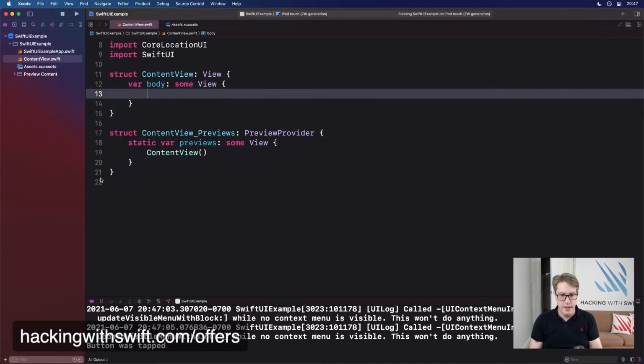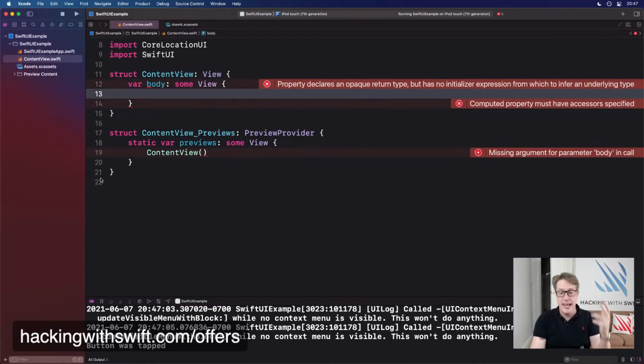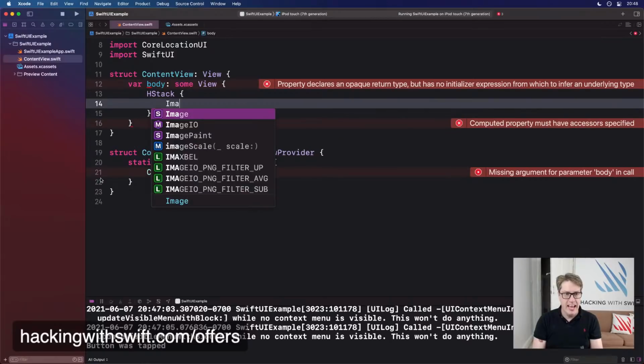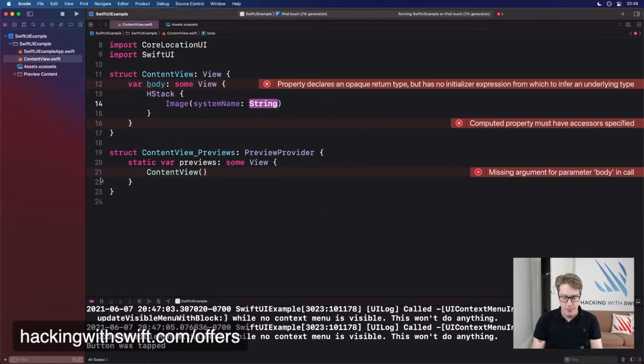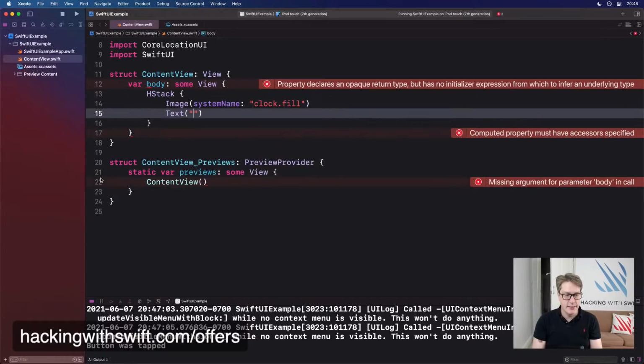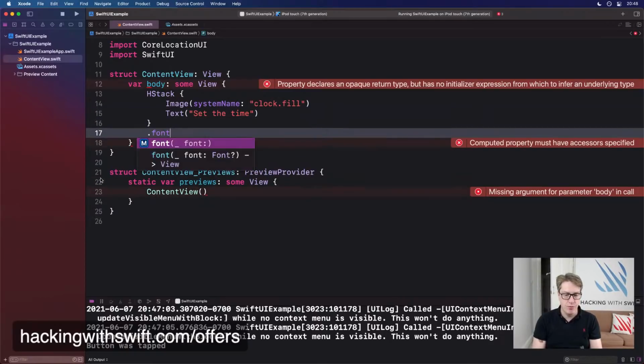9 Pacific. It's late. We can now say that our layouts have a color, but also have styles attached to them. So I could say there's an HStack here with an image. Let's do system name of clock.fill. Then text, set the time. And I'll put this thing into a font of large title bold.